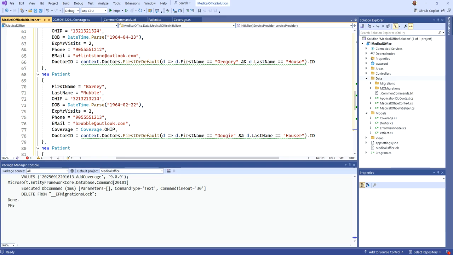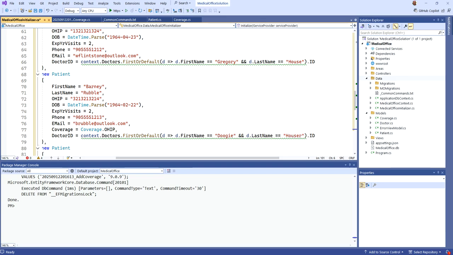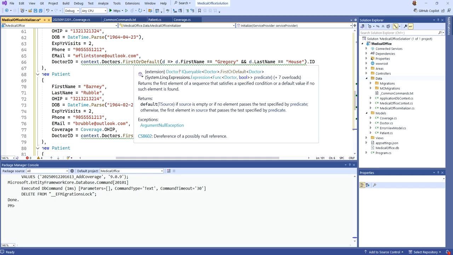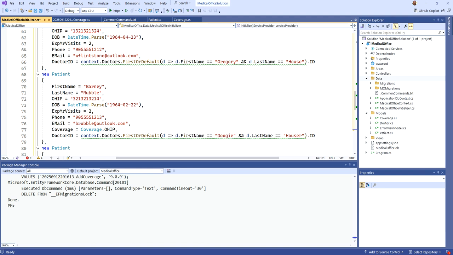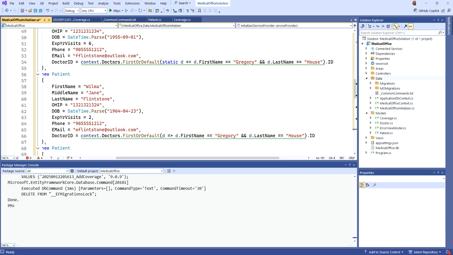But what's happening over here is I have a LINQ query, right? I'm going to the DB context, .Doctors. This is using extension method syntax. .FirstOrDefault, where my lambda is basically showing you the where clause. And it's going to return the first or default if it can't find a matching one based on my where clause. That the first name is Gregory, the last name is House. Now, I wrote this, so I know that the doctor should be there, so it's really not a problem, right? The green underlining